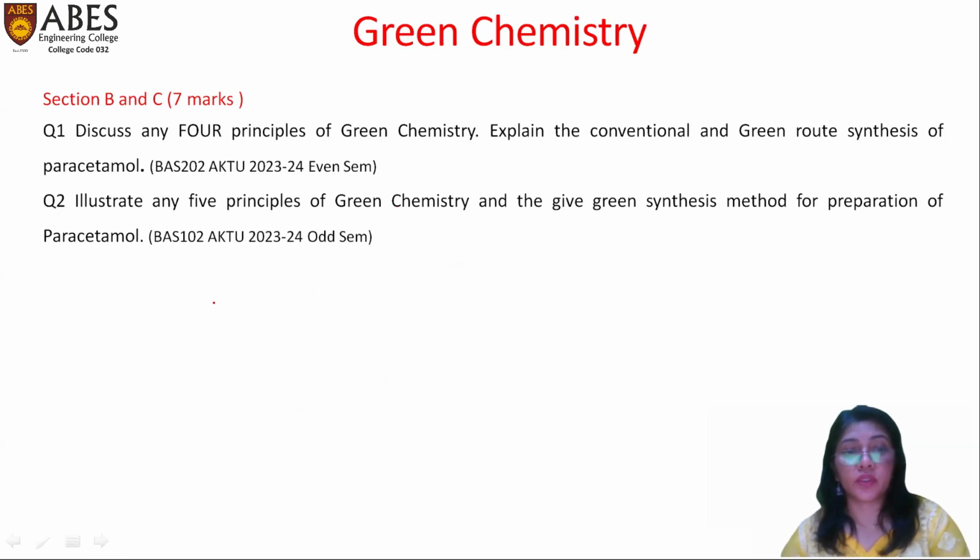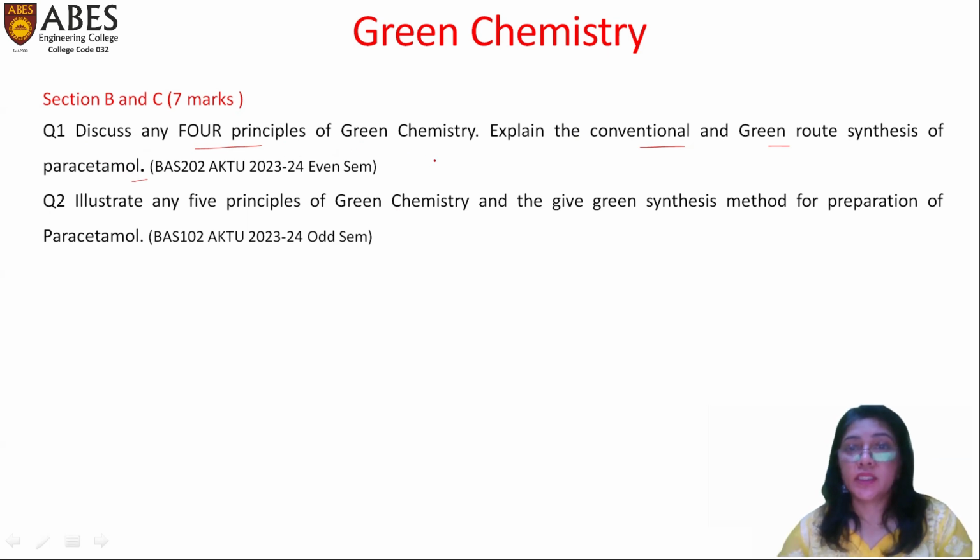One of the new topics which has been added in the AKTU syllabus with the code BES is green chemistry, and it is also a topic which is generally asked in detail. So the question is, green chemistry has 12 principles. In this question, they have asked about 4 principles of green chemistry, and they have asked the conventional and green route method of synthesis of